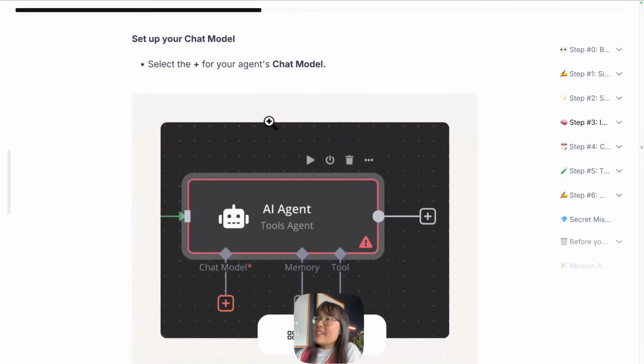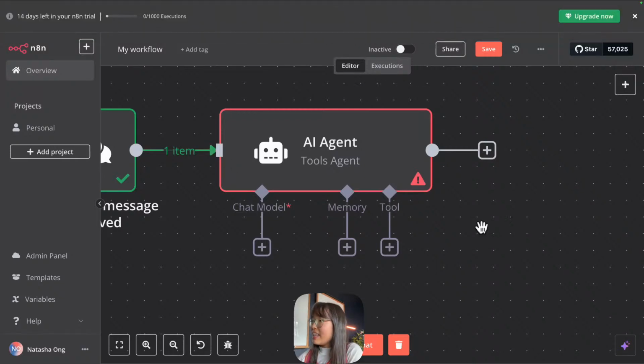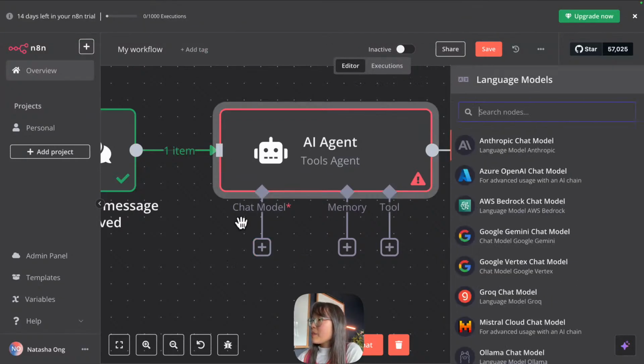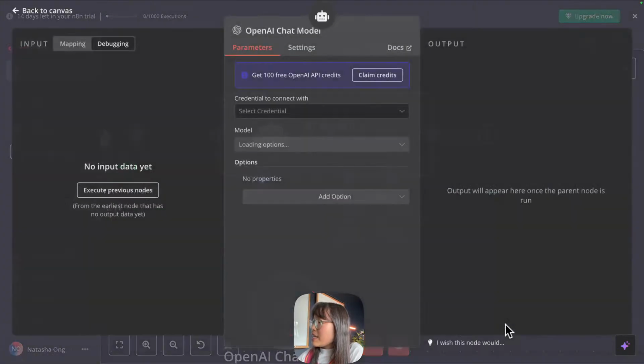Okay, so let's dive into our AI agent now, and let us talk about selecting the plus for our chat model. So we can select our chat model now. The OpenAI chat model is the one we're about to use, and this means that the brains of our workflow is going to be powered by OpenAI. Different chat models basically install different kinds of brains. They're all very high-performing tools, and the reason why we're picking OpenAI today is because